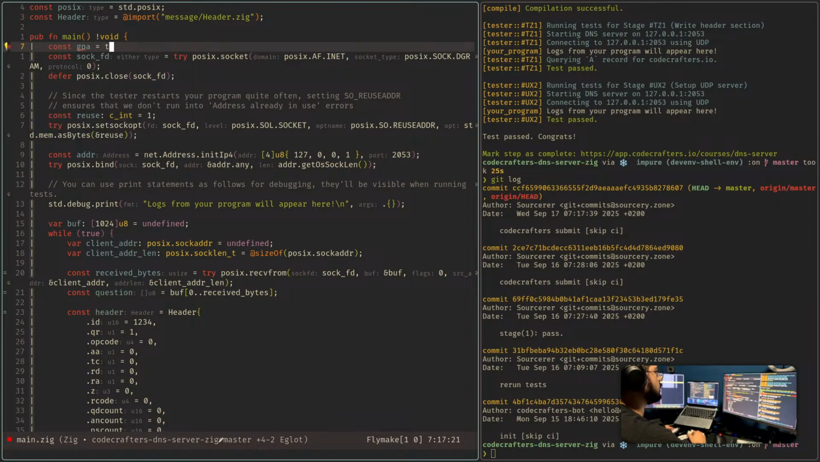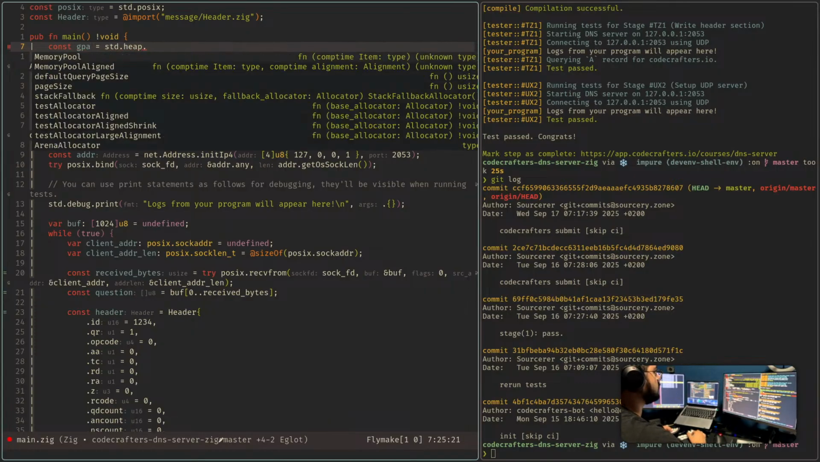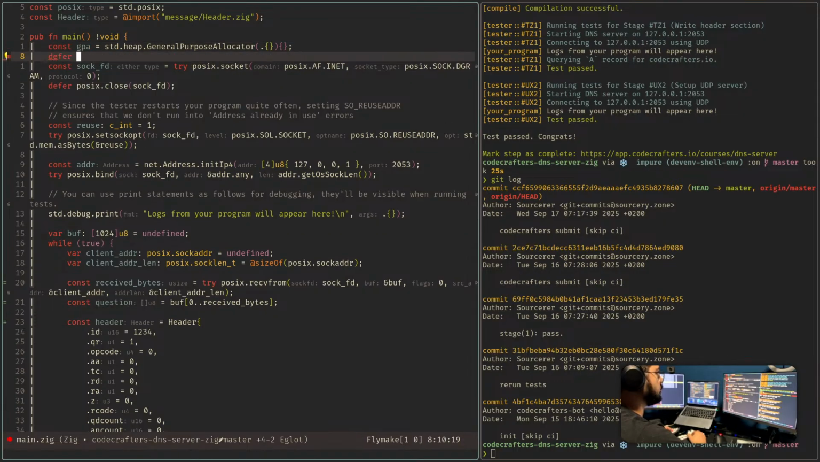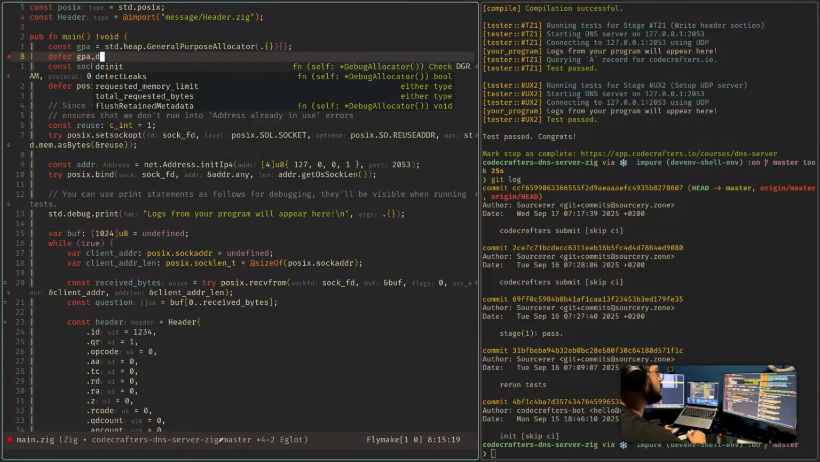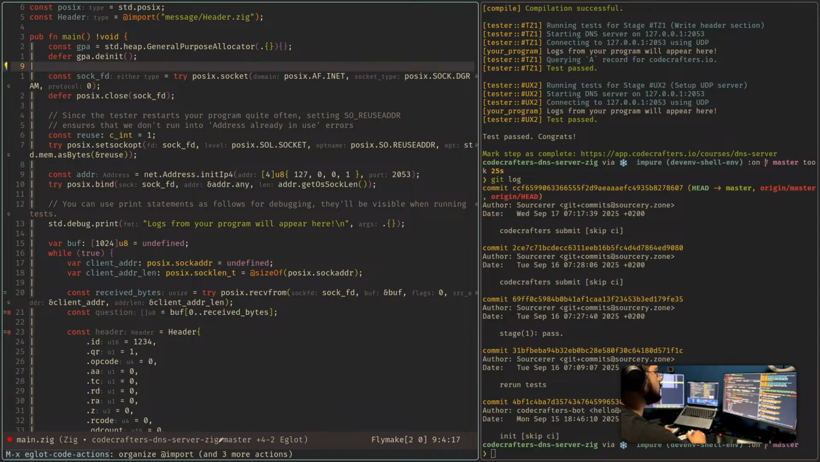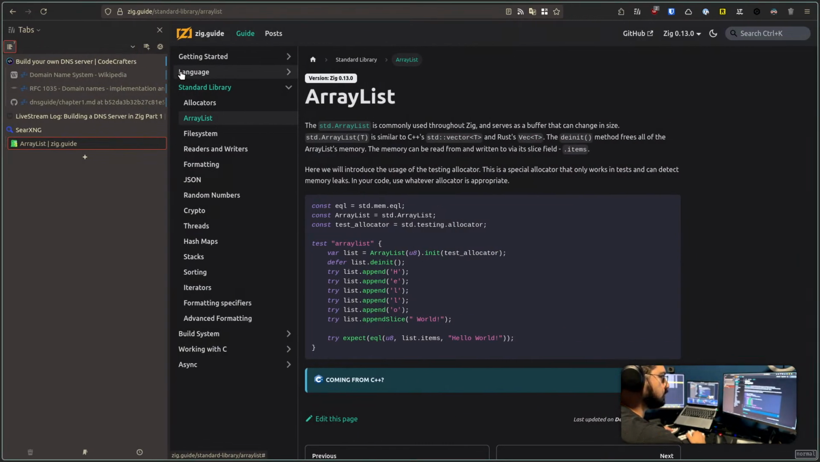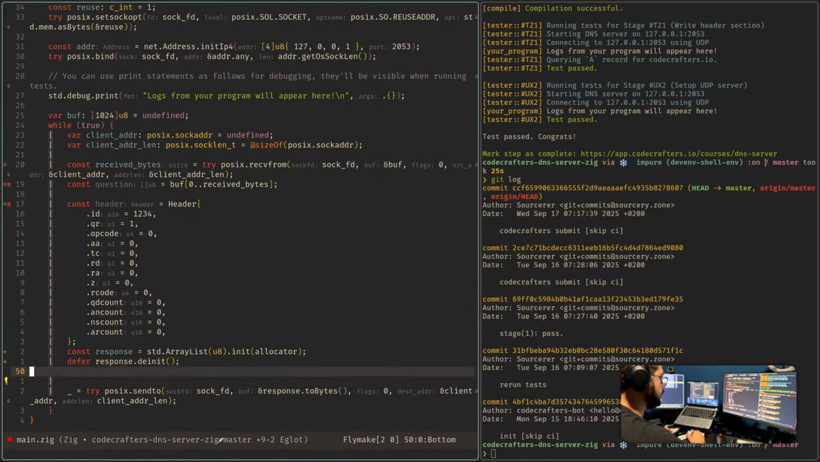Const GPA is std.heap.GeneralPurposeAllocator, and then like this and this, and defer GPA.deinit, and then const allocator is GPA.allocator, and pass the allocator to this, and defer response.deinit. Hopefully this is what I needed. And then